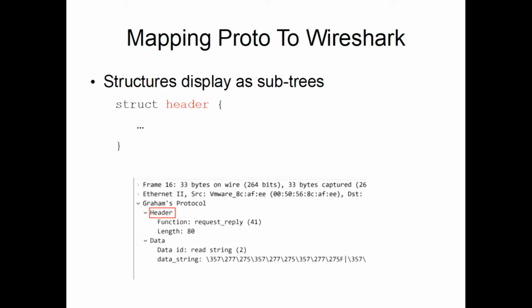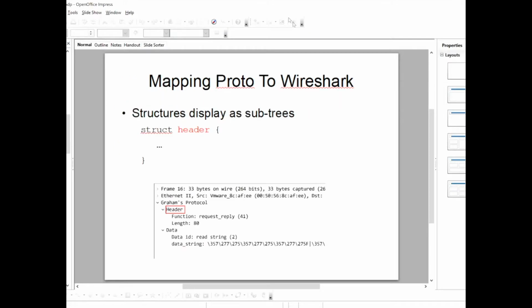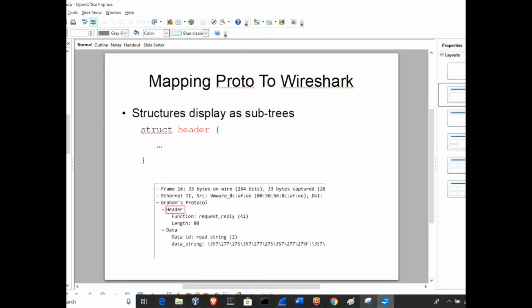I've shown the wrong stuff there. Let's go back, but before we go, keep an eye on this field. So this is a screen cap of what a particular packet looks like. This field here called header in uppercase H, that is derived from the protocol description, and